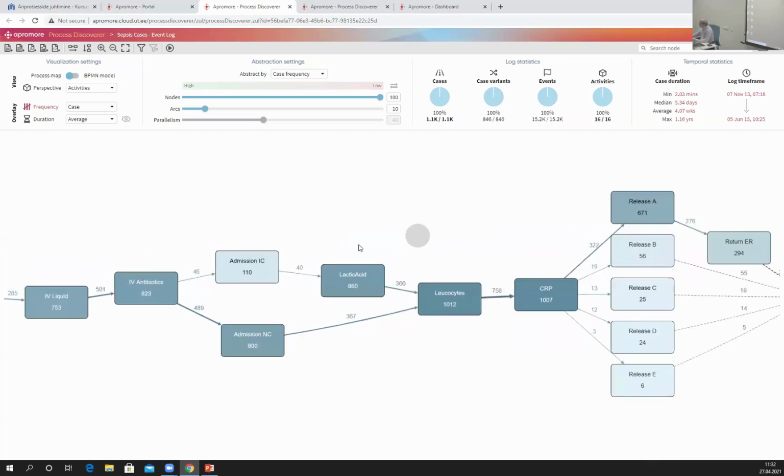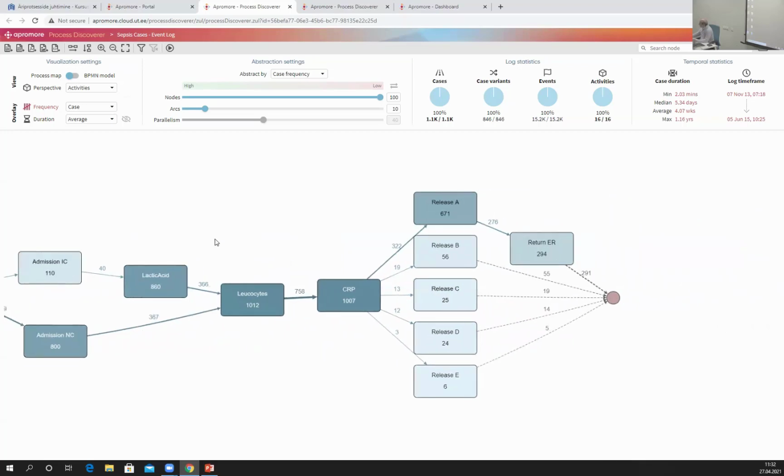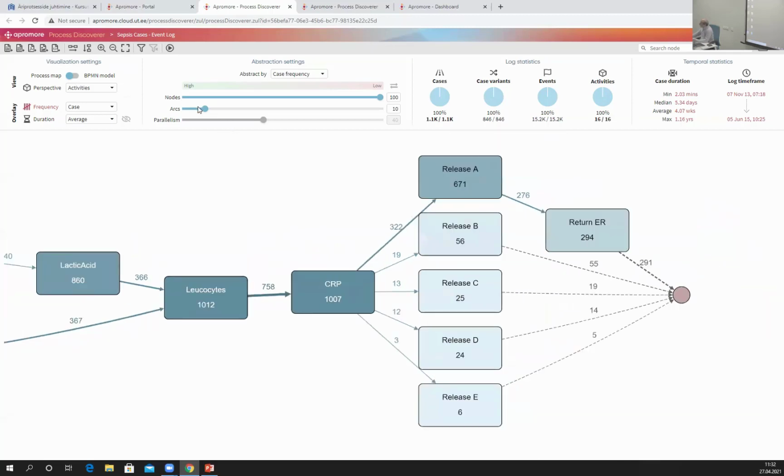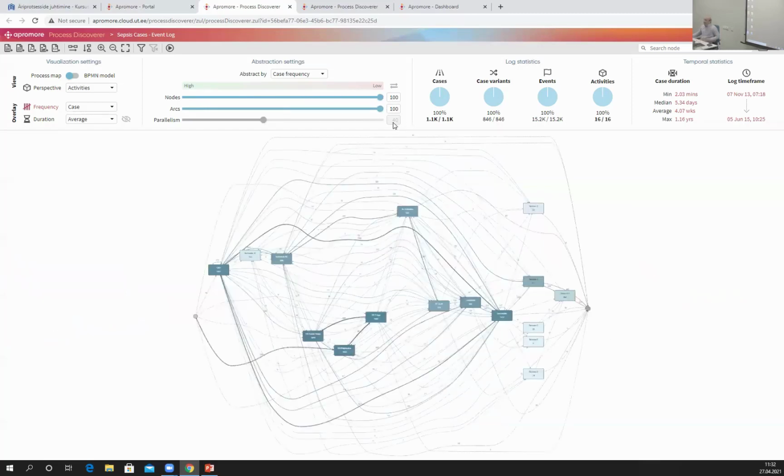So here I have the impression that I am understanding this process, and this goes until we release the patient and they return to the ER, to the emergency room down the road. The real process, however, if I move this arc slider to 100%, I will see the entire process map, and as you can see, it's kind of very messy. These are all the directly follows relations that are observed in these